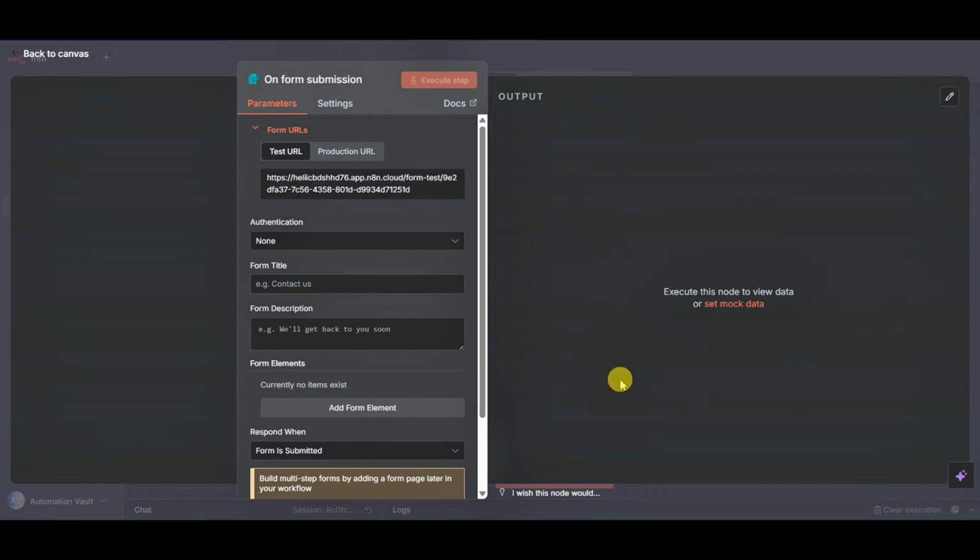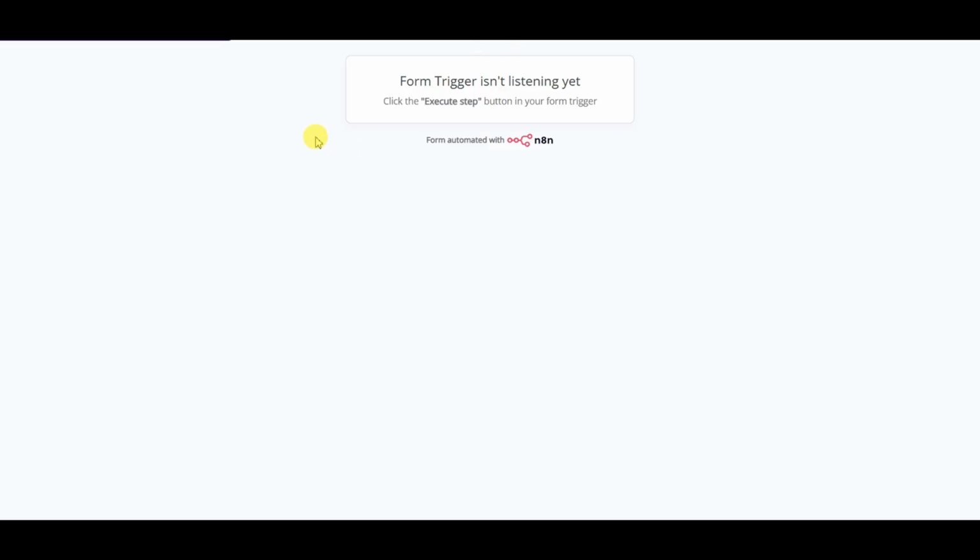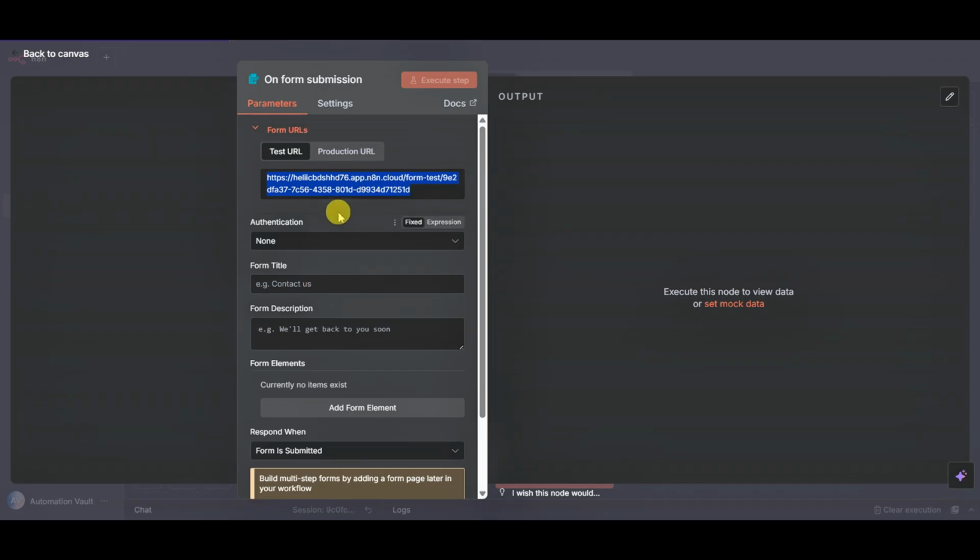When this trigger happens, we send that data to the next module. What data are we sending? It's listed on the right side. Everything else on this page is the system inputs. We can see a URL here. This URL is the form URL. If we open this up, this would be the form URL. We have additional settings for authentication. You can lock the form so somebody needs a password, but for this tutorial, we're just going to create this